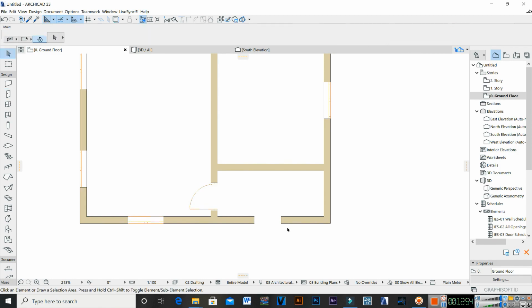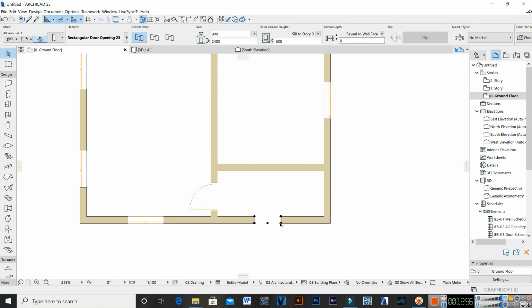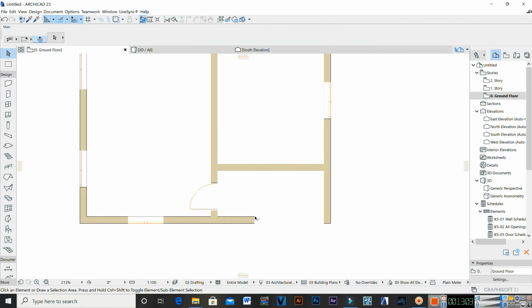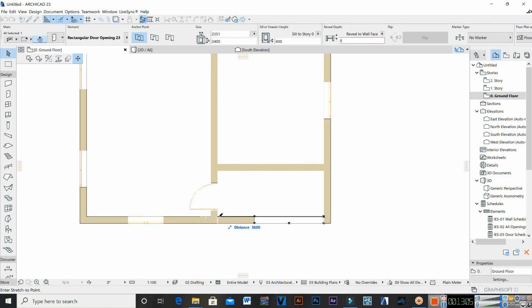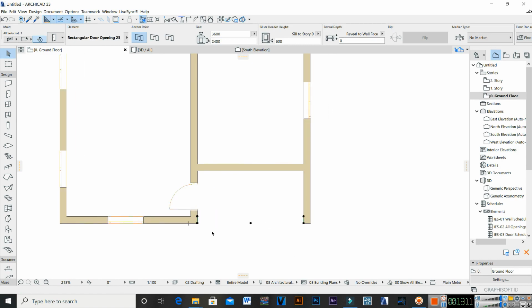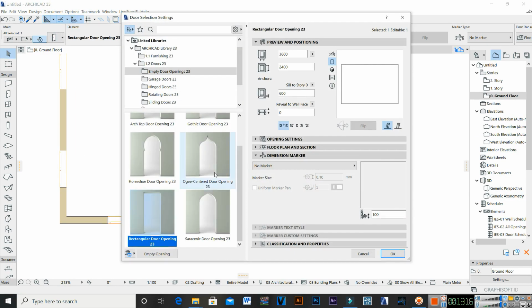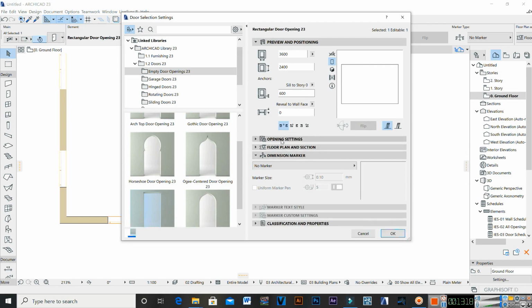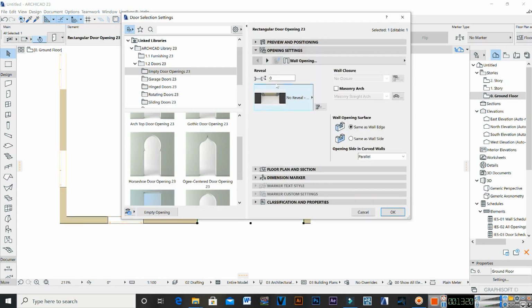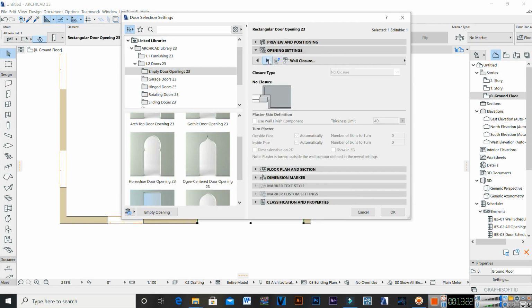Now I want to span all through this opening. You can stretch, and then you can stretch this to this side. Now there should be a line representing this. So we're going to go back to our settings. To go to opening settings, click on this, keep going